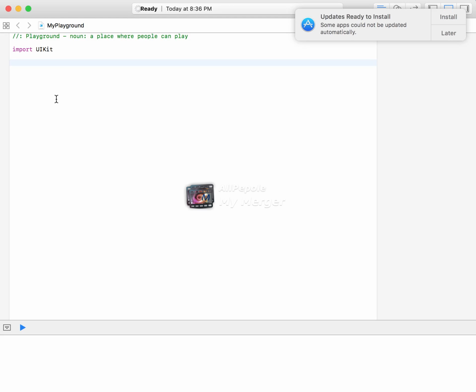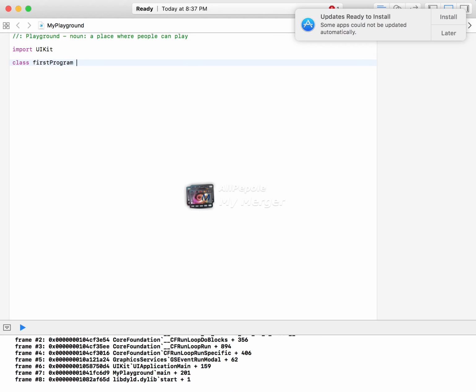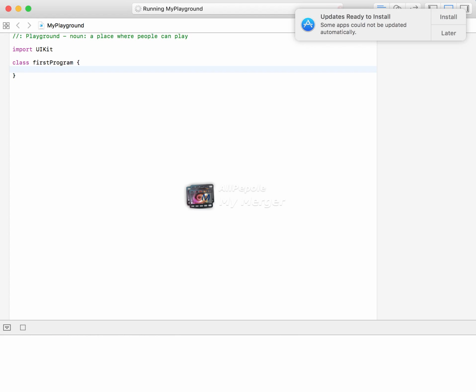let's write a class. Let's name it FirstProgram, and the syntax of declaring a class is we use the class keyword first and then the name of the class, and in this will be the class body. So we can write any properties of this class. For example, and like I said before, properties are variables that are declared in a class. So we can write var name, which is equal to Ishan, which is my name,